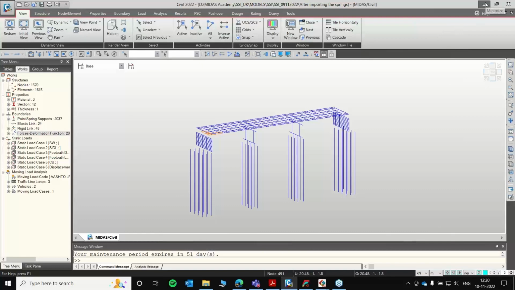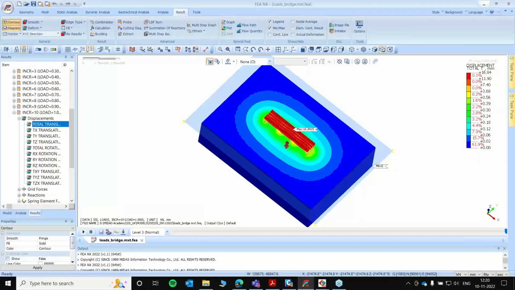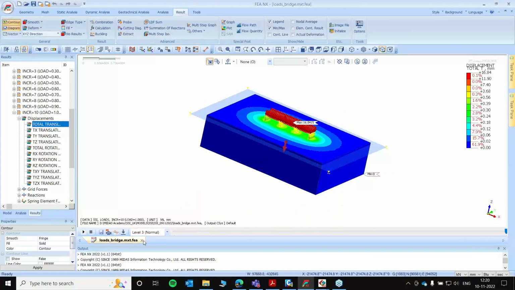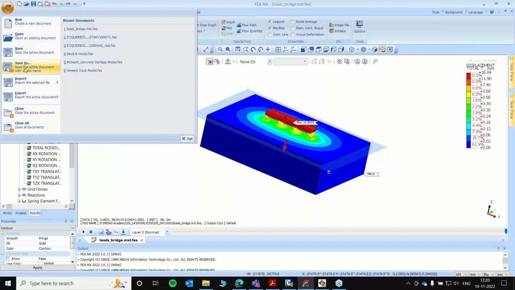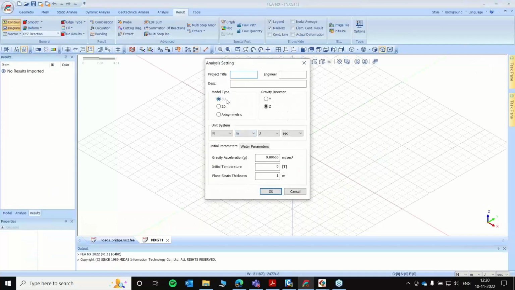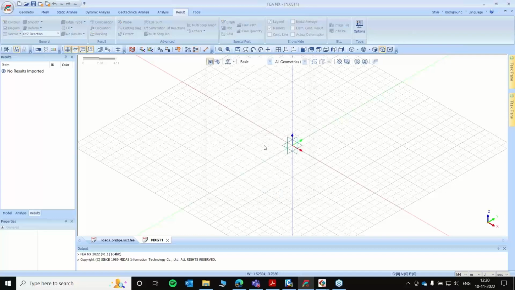We'll conduct everything else in FENX right now. So I'll just go to FENX, and FENX is a multi-tabbed window option. Okay, so what I'm going to do is just click here. I'll go to new and I'll select 3D. For the unit system, you can also have imperial units if you want, but I prefer working with the SI units as I find it more comfortable. So I'll just press OK in here,